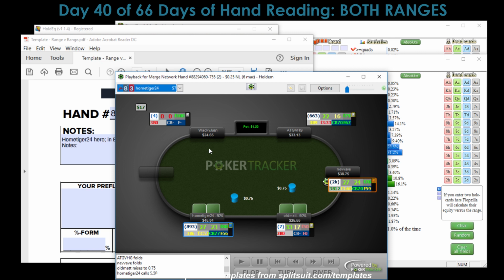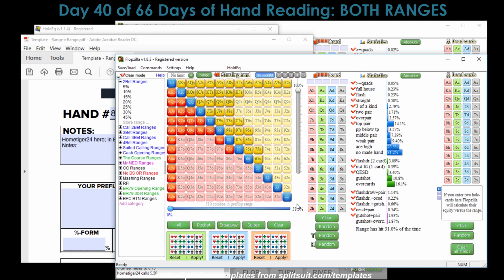Because really, you don't need to be fighting fire with fire. I could tighten up big time and just try to play super value ranges versus these guys. But when you have regs at your tables, 1, 2, 3 of them, it's not the best of tables to be at. So we are going to give him this rather wider range,